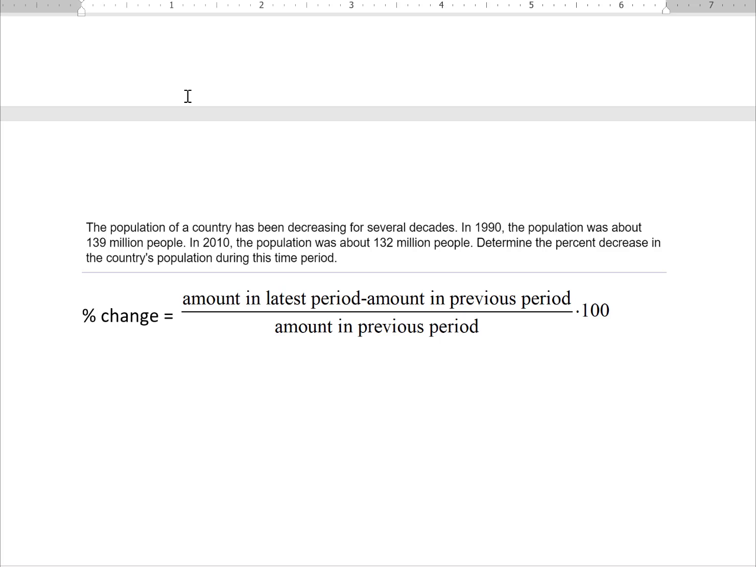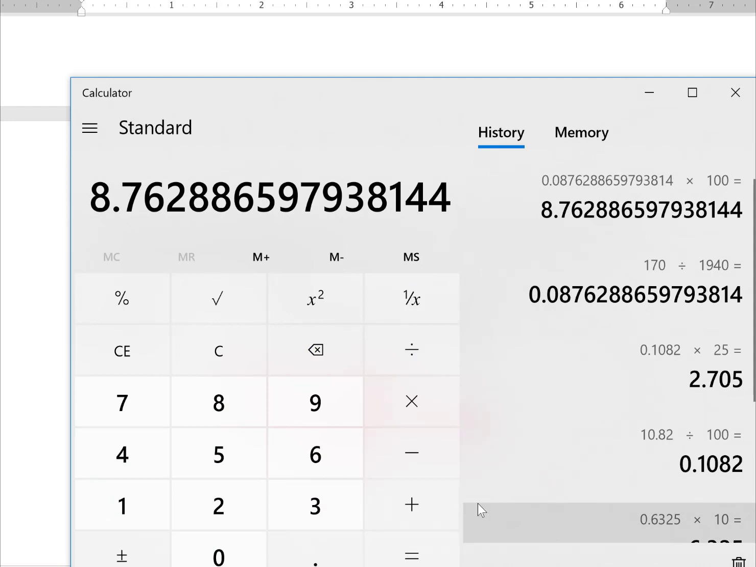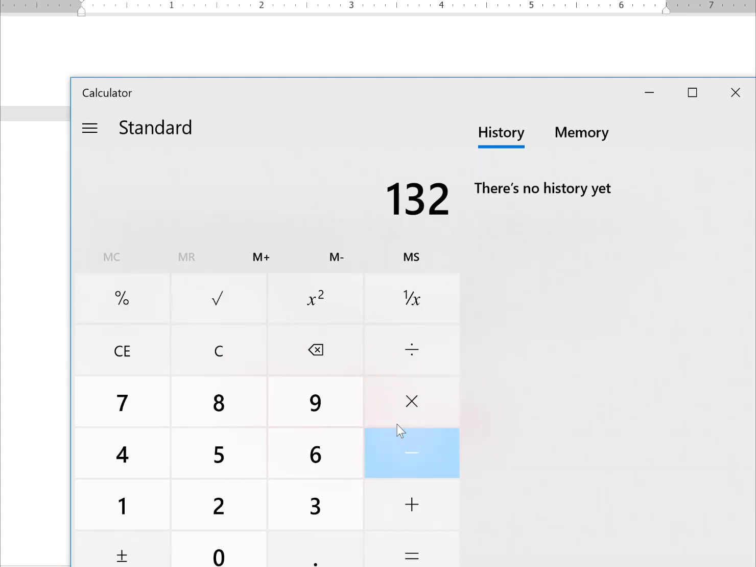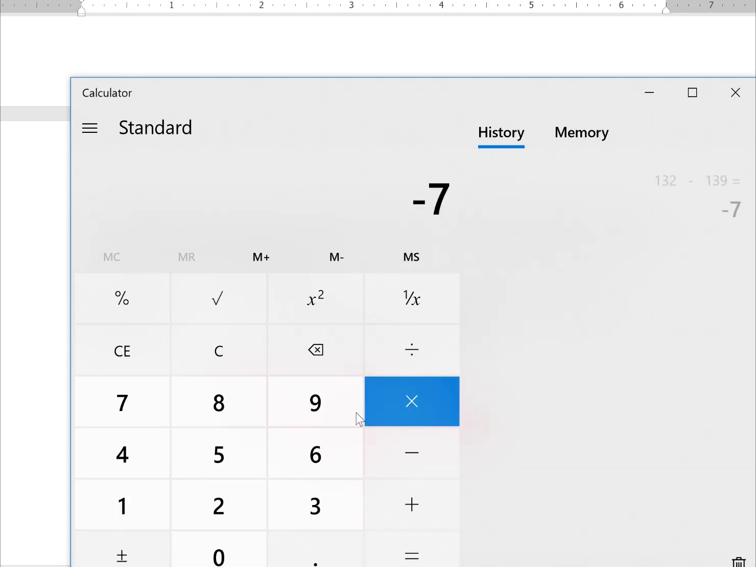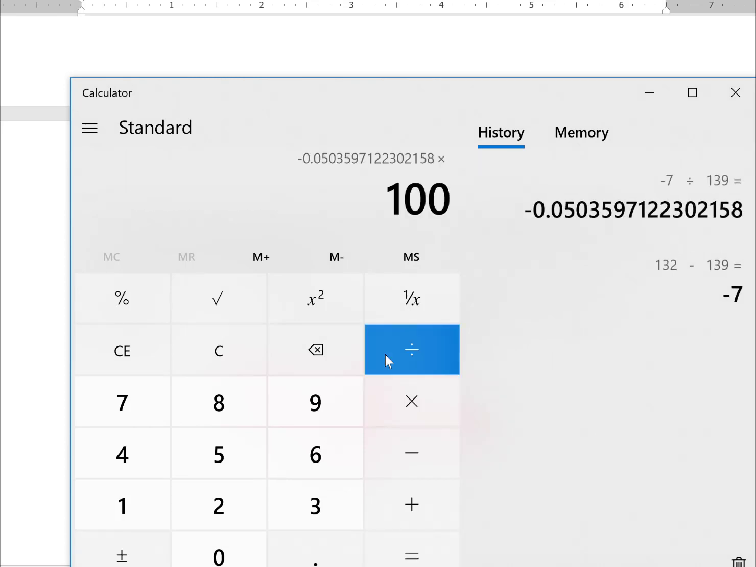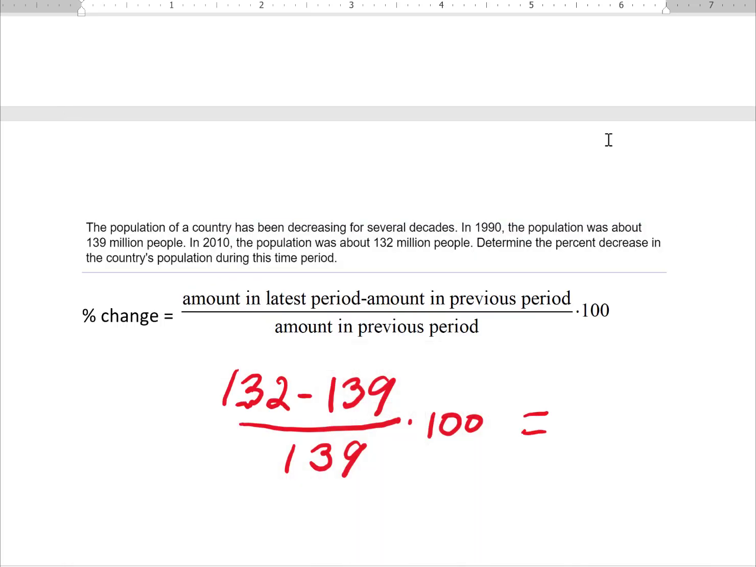So the amount in the latest period is 132, and in the previous period was 139, and I'm going to divide that by 139 and multiply by 100. So 132 minus the 139, divide by where we started, the 139, and then multiply by 100. And we get about negative 5%. So this is negative 5%. So if they ask me for the answer as a decrease, I simply say it's a decrease of